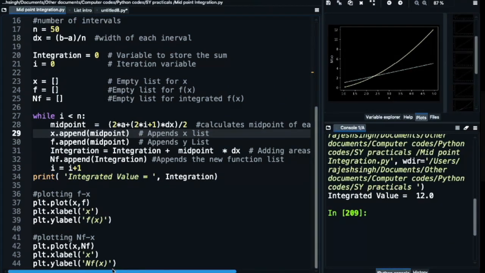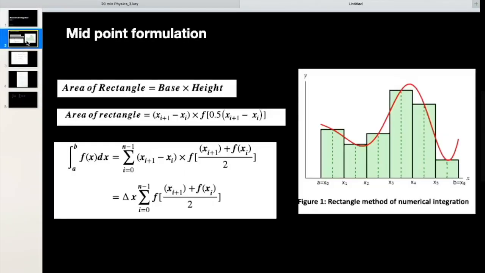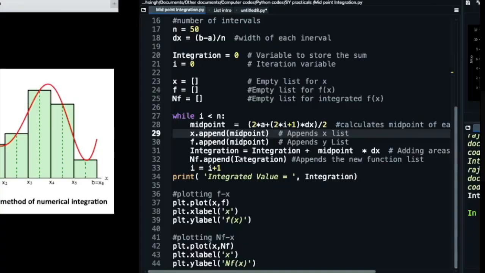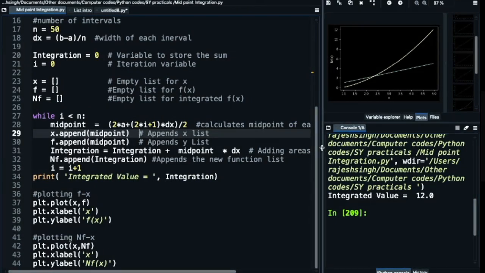Okay, since no questions so far, I have a question for the students. When I explained, I told you that there will be errors in the calculation of area. Some areas will be left out and some areas will be added. But still you will find that this gives the exact value of 12, which is equal to the analytical value. So students can explore why that is happening, why it is giving the exact value and not some error. You can figure it out.